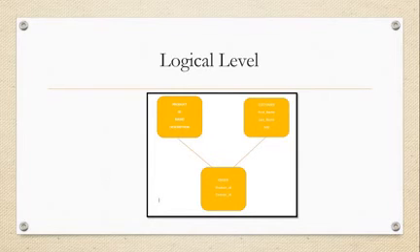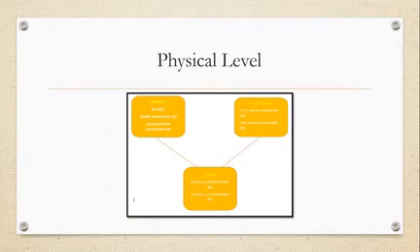Okay, the third level, in that actual implementation will be done. So the third part is the physical level. Here I have decided to use three tables: product, customer, and order. And I am trying to develop those attributes with data types. So ID with int, name with varchar, description with varchar, first name with varchar, last name with varchar, product ID with varchar, customer ID with varchar. If it is a date of purchase, then we'll use date. If you want to use another warranty part, then we will use int. So according to that we need to decide.